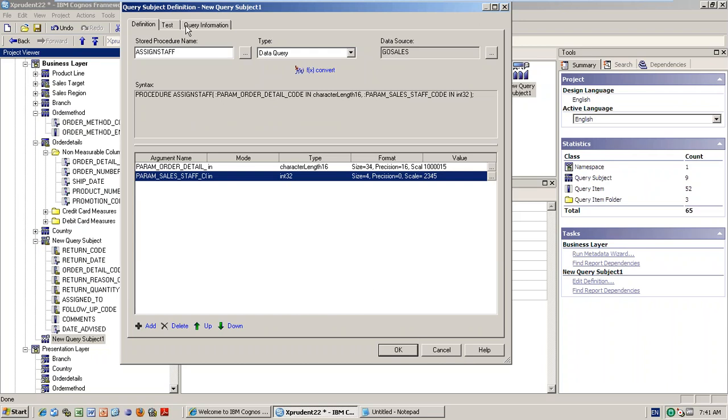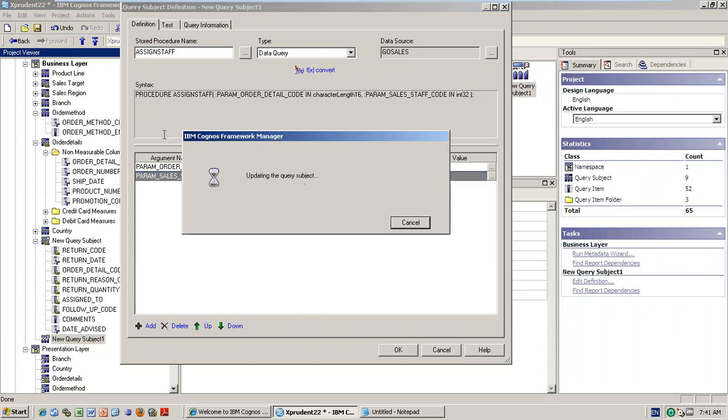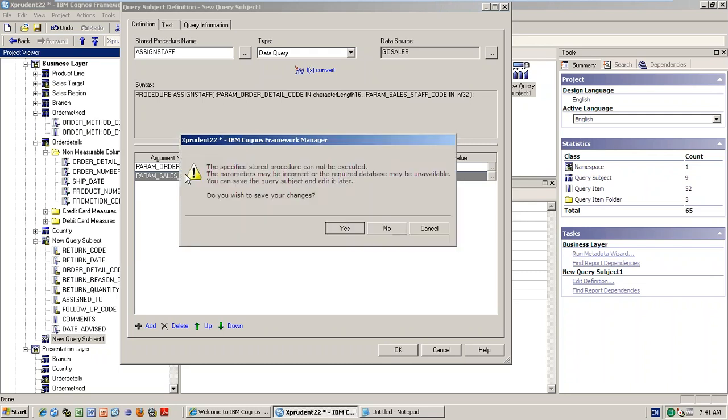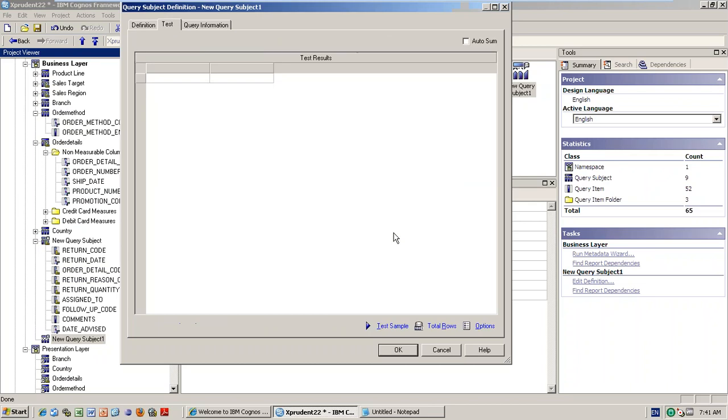Is it clear? Yes, sir. Yeah, because here maybe I don't have any value for this 2, 3, 4. I don't know the exact number, right? So that's the reason why. But if the number is there, you need to check the sales staff code and everything, and then you test it, and then you close it. Okay, then the broken link will be gone.